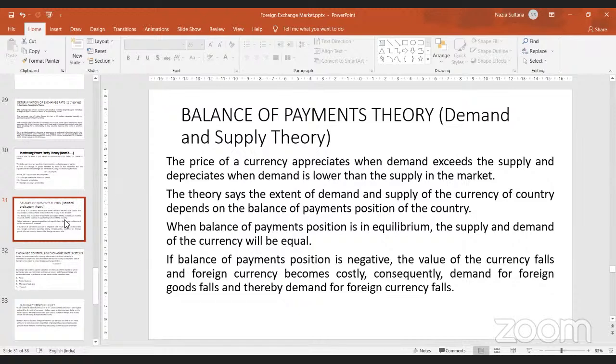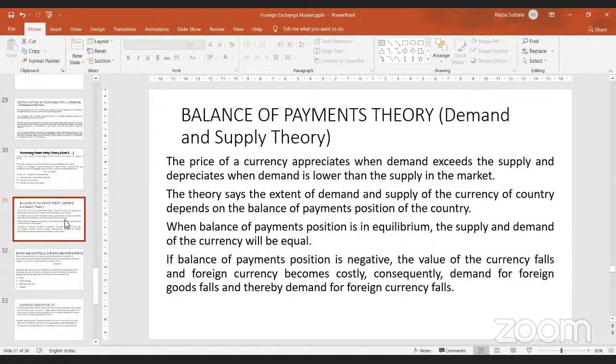The purchasing power parity theory was what can money buy in India, what can money buy in US. So if I'm spending 30,000 rupees to buy a computer in India, I should be spending $400 to buy the computer in US. So what the currency can buy was your purchasing power parity. This theory is about the demand of relative currencies in different countries. So what is the demand of dollars? What is the supply of dollars? What is the demand of rupees? What is the supply of rupees?